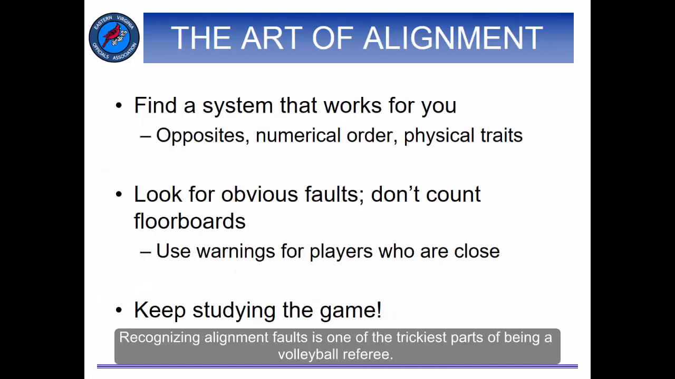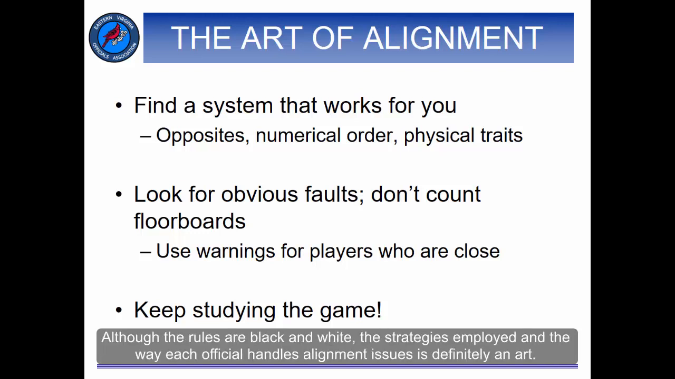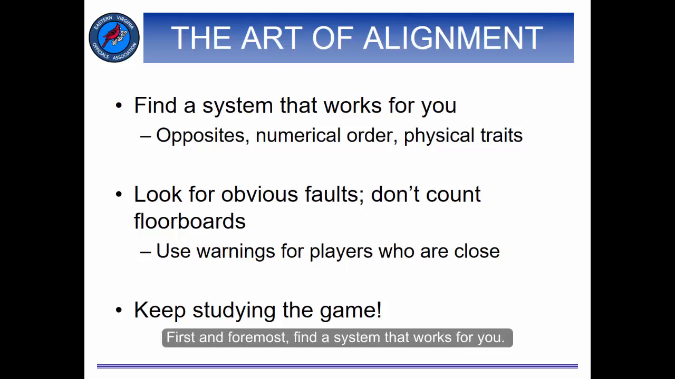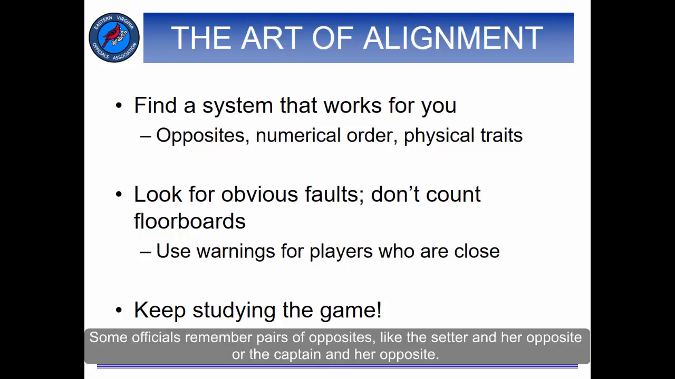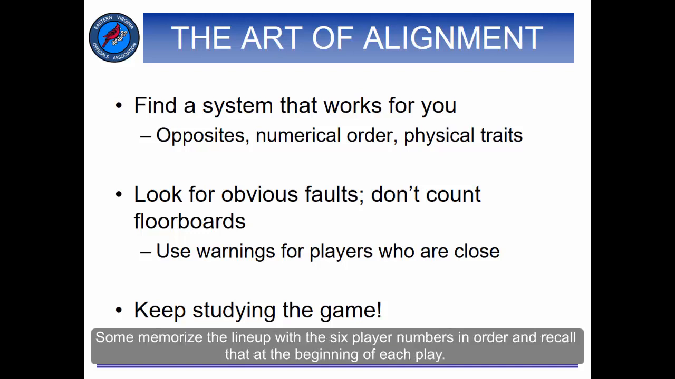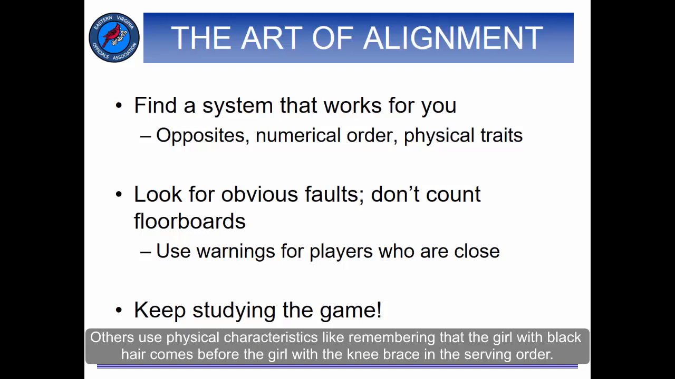Recognizing alignment faults is one of the trickiest parts of being a volleyball referee. Although the rules are black and white, the strategies employed and the way each official handles alignment issues is definitely an art. First and foremost, find a system that works for you. Some officials remember pairs of opposites, like the setter and her opposite or the captain and her opposite. Some memorize the lineup with the 6 player numbers in order and recall that at the beginning of each play. Others use physical characteristics, like remembering that the girl with black hair comes before the girl with the knee brace